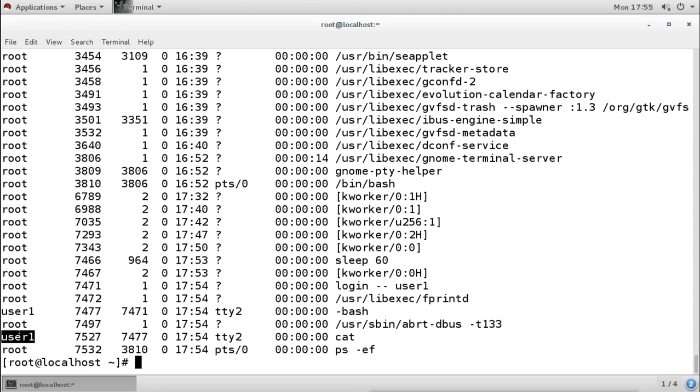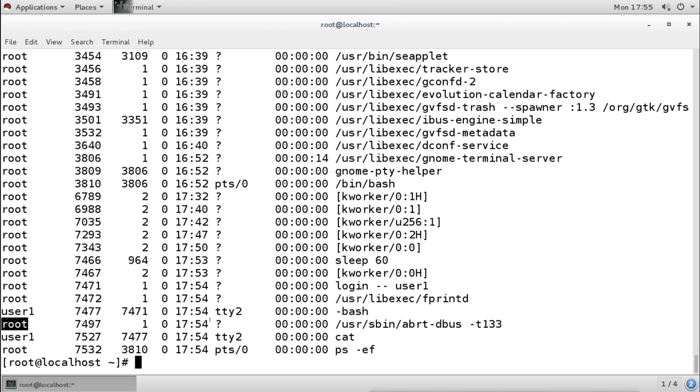And based on the UID, the user will get the privilege. So when a user executes any command or any executable, it will get the privilege based on the UID of that user. If the user is a normal user, it will get the privilege of a normal user. If the user is root, and the root user is executing something, it will get the privilege of the root user, and it can have access to all the files which are accessible by the root user.